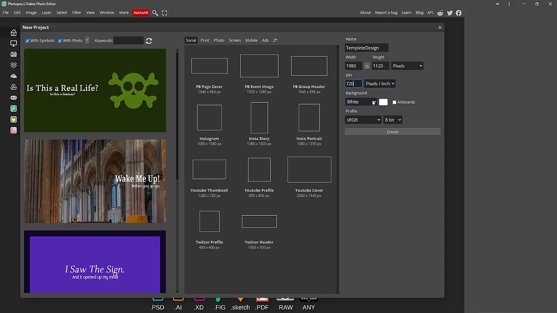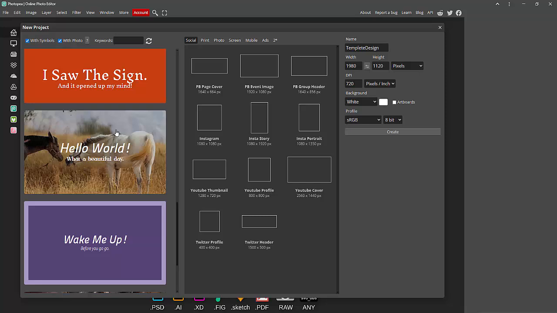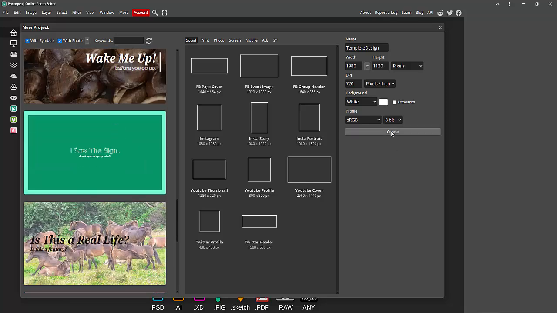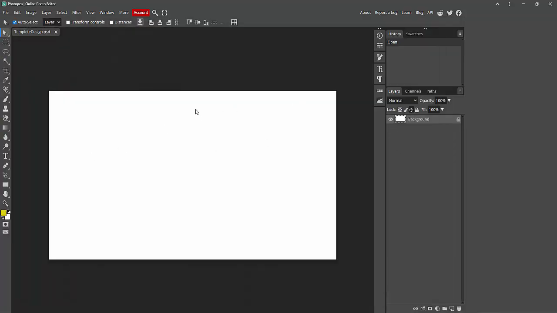720, and background color. Then choose a color; we see white, black, transparent and custom, and width 8, 16 and 32. Now click create and choose the template. Now click the create option. That's it. Now you can see,